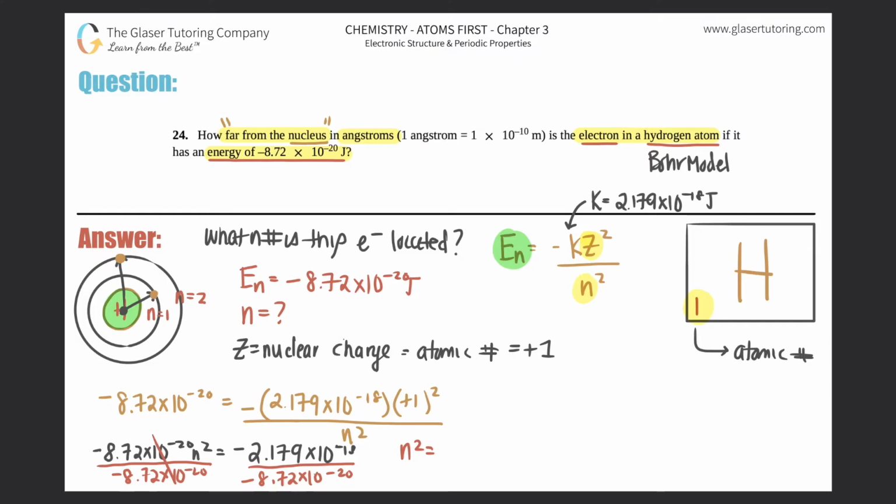And I get roughly 25. Now I just have to take the square root because I want just n. And what's the square root of 25? It's just 5. So now I know that this electron is located in the 5th shell away from the nucleus,